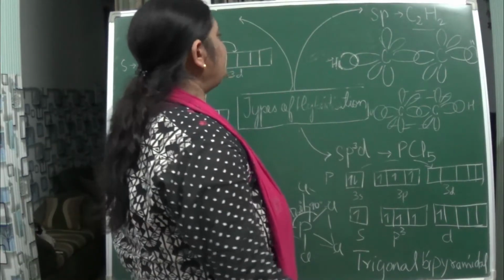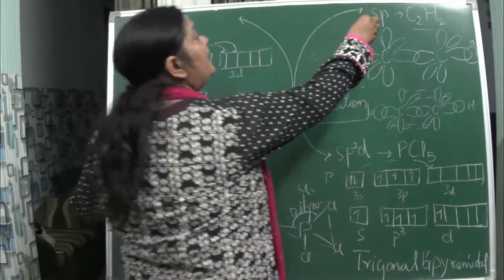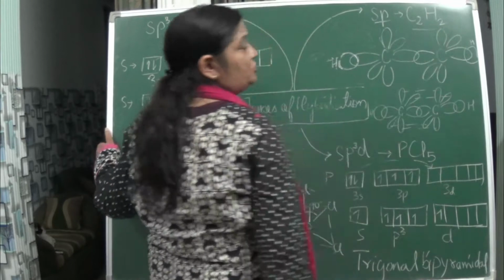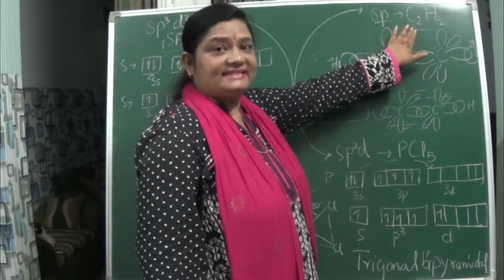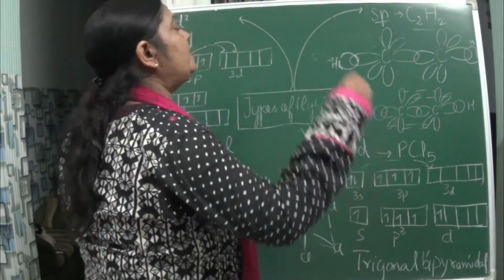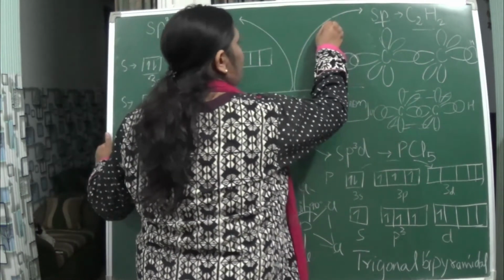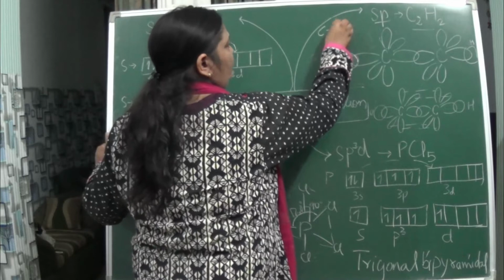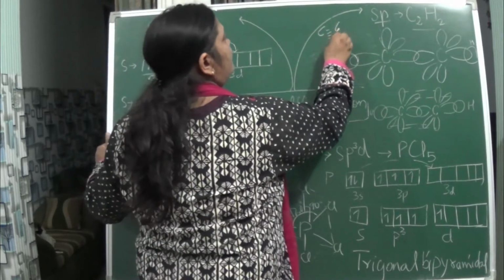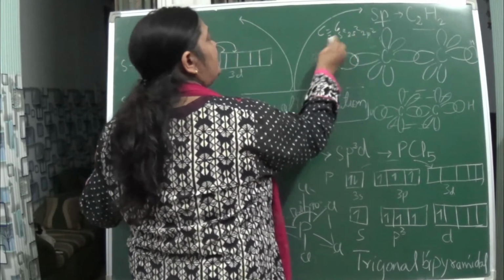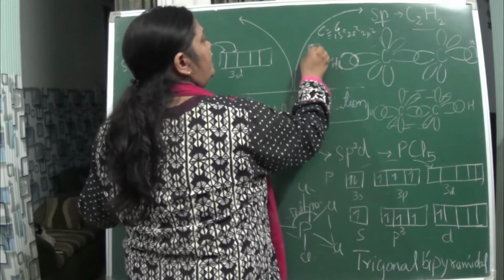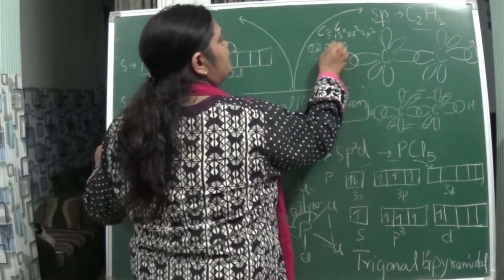So now coming to the special type of sp hybridization, in the case of C2H2. C2H2 is ethyne, or acetylene. Let us see how we will do it. Carbon again, I am saying, has 6 electrons, so it becomes 1s2, 2s2 and 2p2, isn't it, beta? So here in the ground state, it shows this position, isn't it?